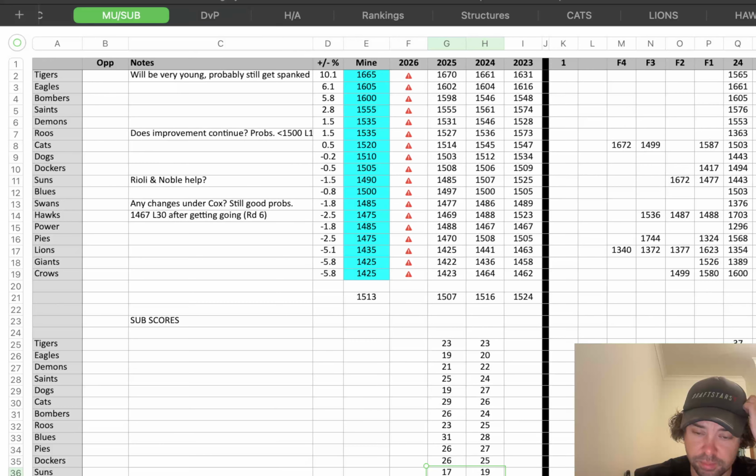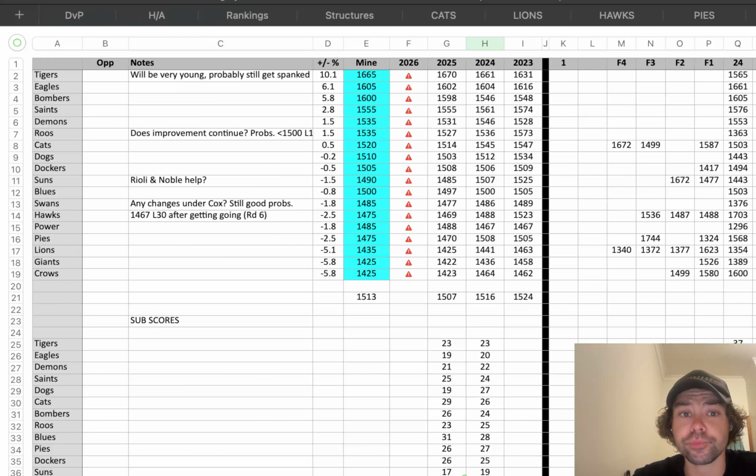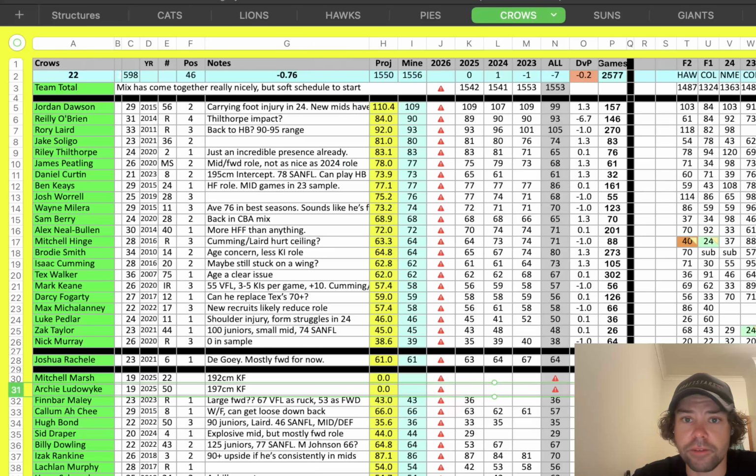Some teams like the Suns barely use their sub very much, or they bring them on in the fourth quarter pretty late, so theirs is much lower. Some other teams, I think the Dogs were on 27, the Blues, Swans, I think. Yeah, Swans, they're up closer to 30 points, so they more often bring their sub on earlier. Maybe more injury issues, but I think just tactical as well. So I had to factor that into my total team projection, and try and keep my projection across the team in a realistic range of what they normally score.